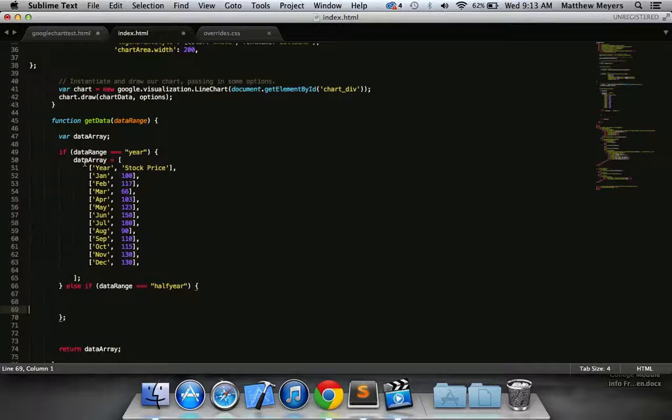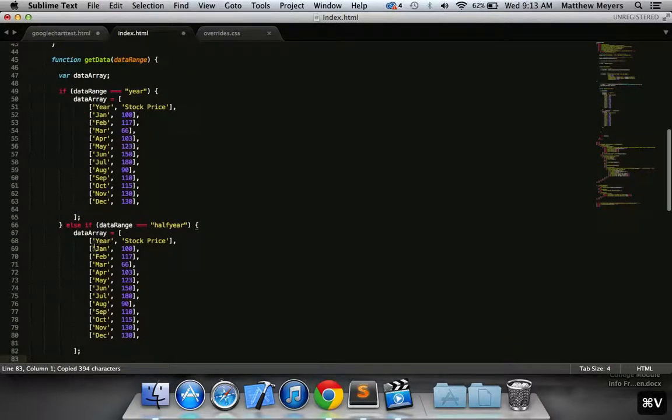Okay. Similarly, we'll need almost an identical data array, except this is going to need to change to January 1st, January 15th, February 1st, February 15th, March 1st, etc. Okay, so you guys do get the idea, and obviously this isn't perfect because we'd probably want it